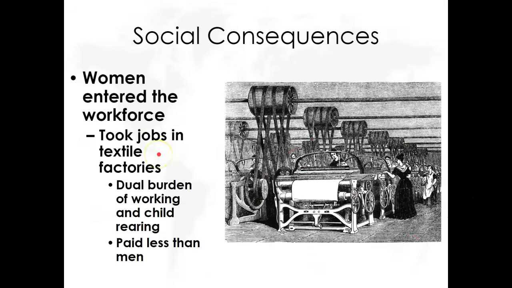And they're working in a textile factory where they're making cotton or wool textiles, as you can see in this drawing here. So problem with this is, A, they are paid at just about half of what a guy would make for the same amount of work. Additionally, after they're done putting in a 10-hour, 12-hour day, they still go home and they have to do all of that work that has been traditionally associated with women. So basically, women now are working twice as hard. So they still have that traditional perspective of it's still their job to take care of the kids and cook and things like that. So yeah, they're working elsewhere, but they're still coming home and having the same duties as before.